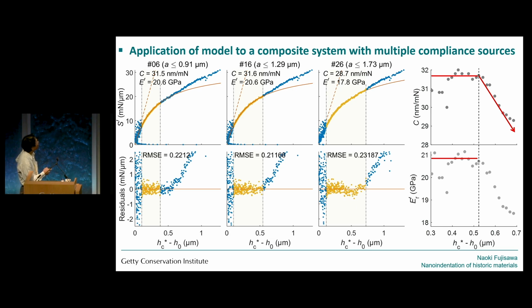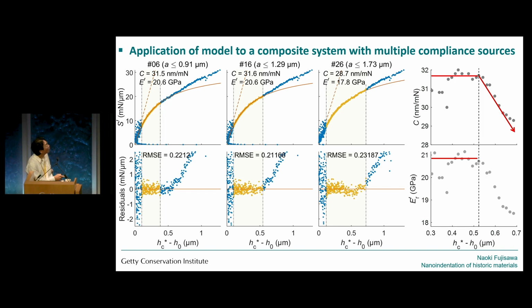As you move the upper boundary of the analysis range, you can see that the RMSE, or the error of the model, increases. Actually, in these 2 cases, the error is identical, and the compliance and modulus values are also identical. But if you go beyond about half a micron in this particular case,